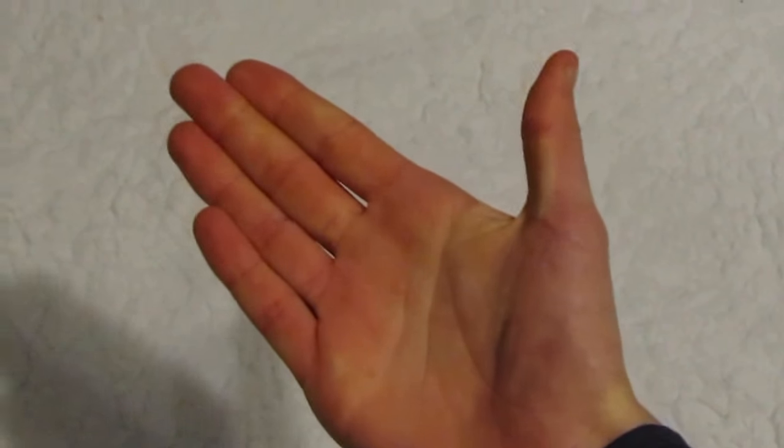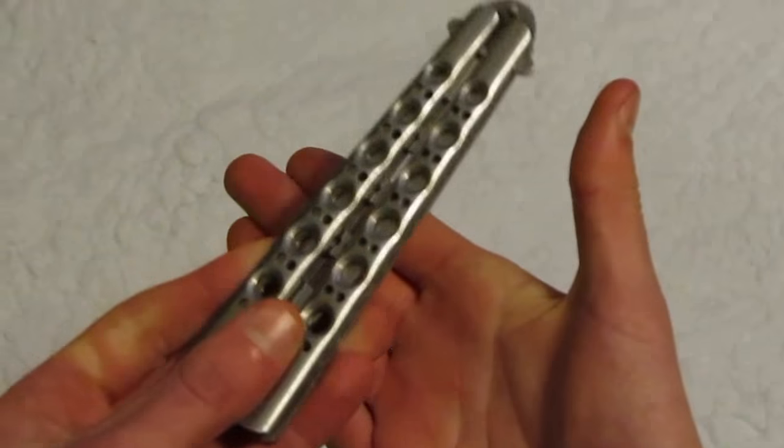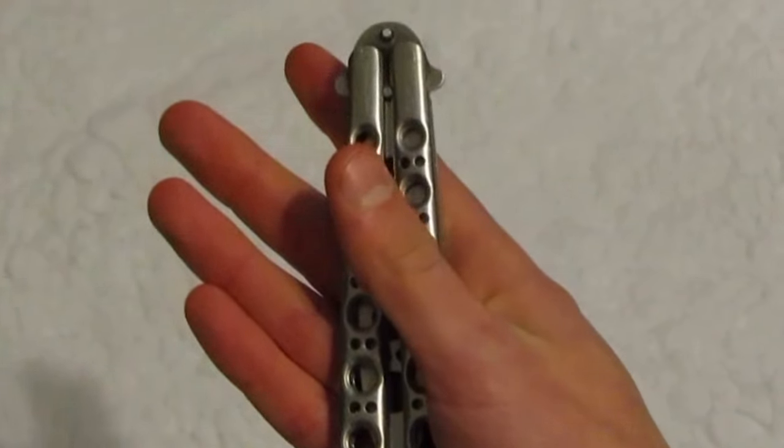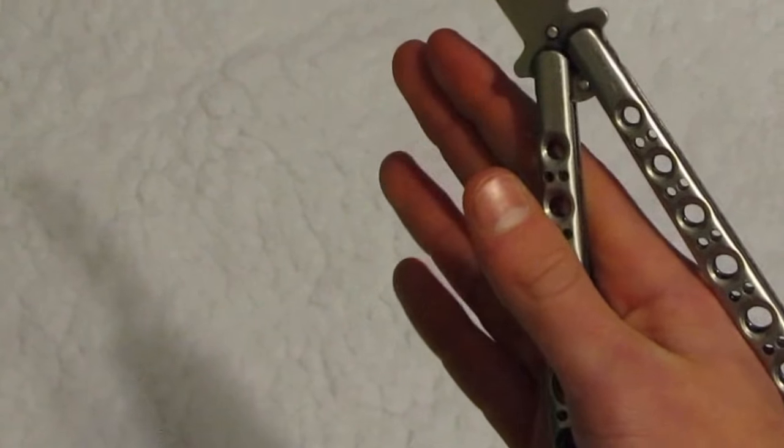So what you're going to do is you're going to take your hand, keep it nice and flat, put your thumb like this, and then you're going to take your knife, just set it right in there, and it should give you a nice open way to flip your blade open. Shouldn't be too hard. Then after that